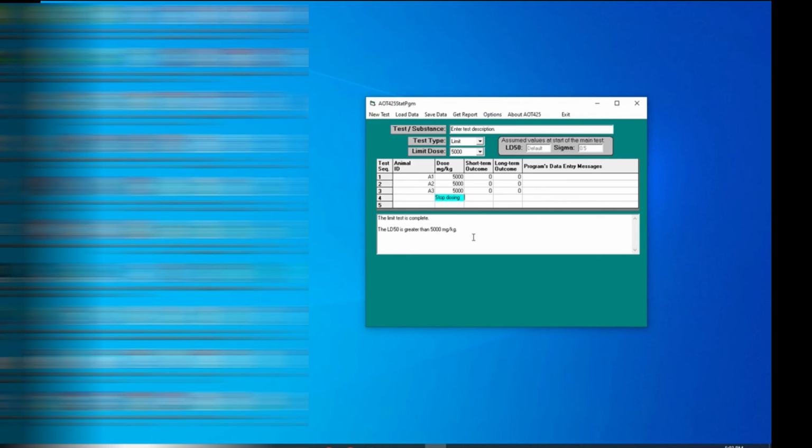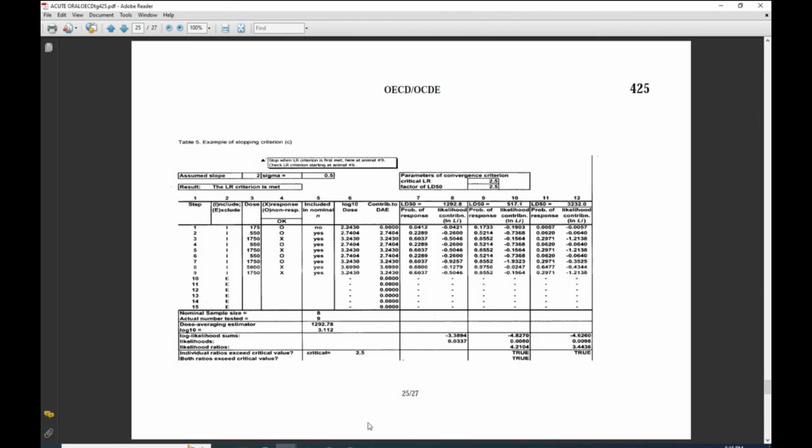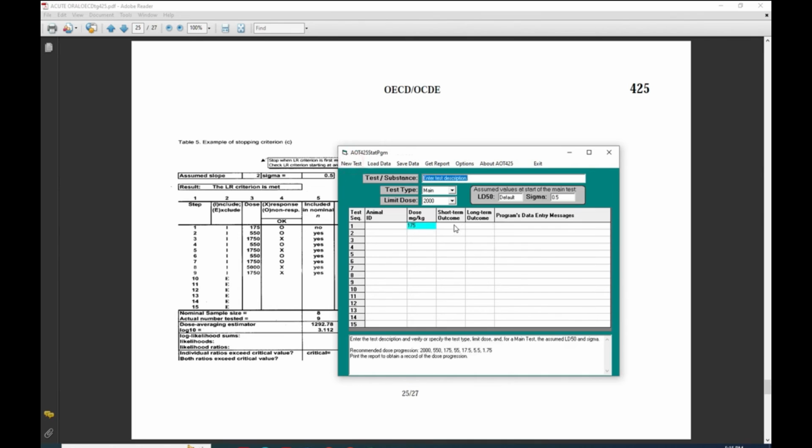Three animals are already not dying, then it is suggesting the stopping criteria is only for 3 animals, meaning for three times dose. So it is suggesting now the dose level is above 5,000. In this category, mostly food products come. So three times you have dosed and it is showing above 5,000. After 3 animals it is suggesting the dose level is above 5,000. So this is how we can conduct the experiment using software,